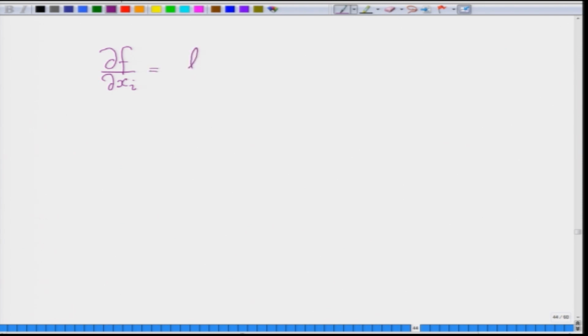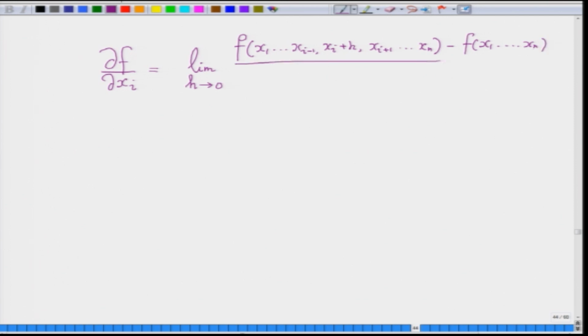that del f of del xi is equal to the limit of h tends to 0 of f of (x1, ..., xi minus 1, xi plus h, xi plus 1, ..., xn) minus f of (x1, ..., xn), divided by h. I am just moving the xi, the others are kept fixed. So, of course, you have to understand that del f del xi is evaluated at the given point x1 to xn,